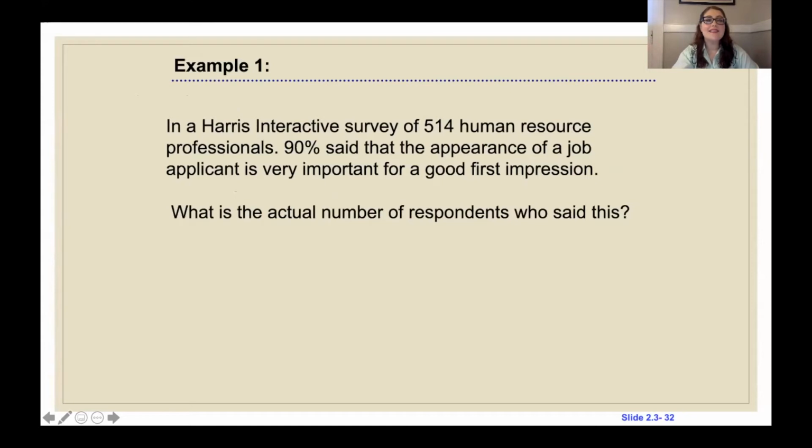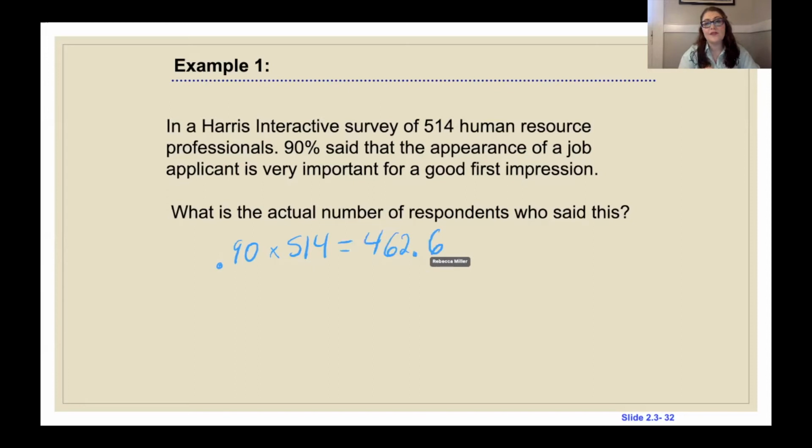In a Harris Interactive survey of 514 human resource professionals, 90% said that the appearance of a job applicant is very important for a good impression. What is the actual number of respondents who said this? Well, I want to figure out what 90% of 514 is. Remember that 90% as a decimal is 0.90. So if I take 0.90 times the number of human resources professionals that I have, I get